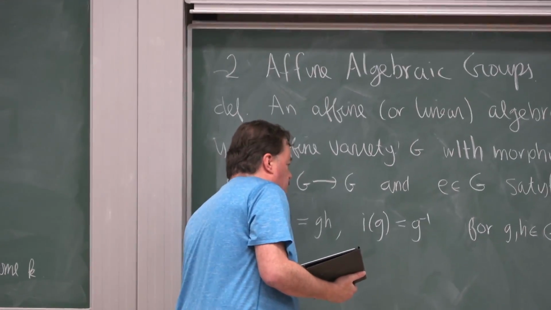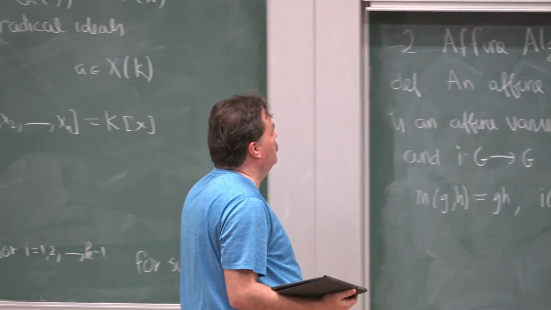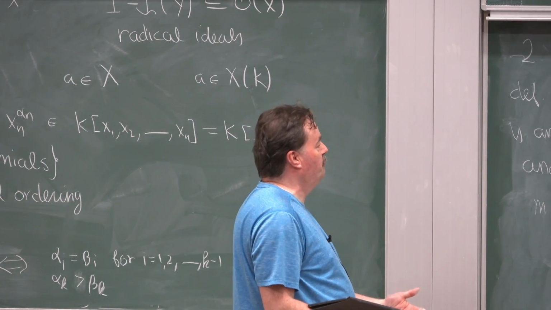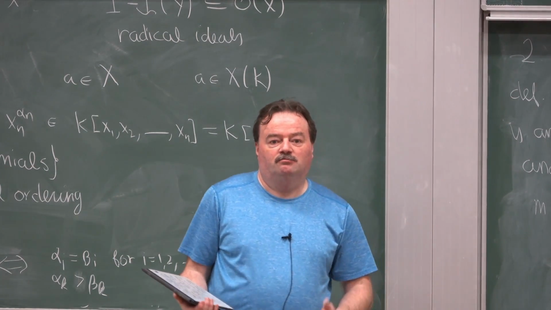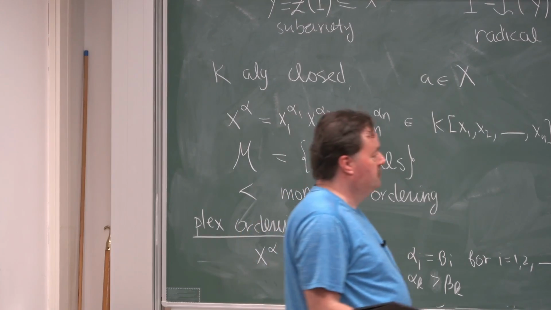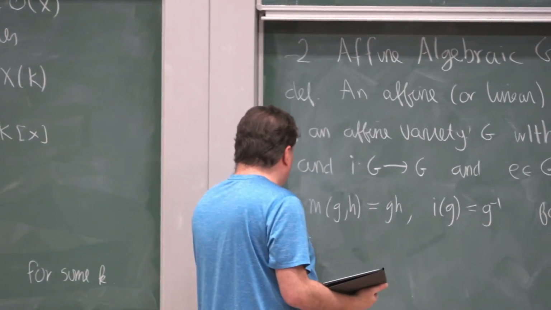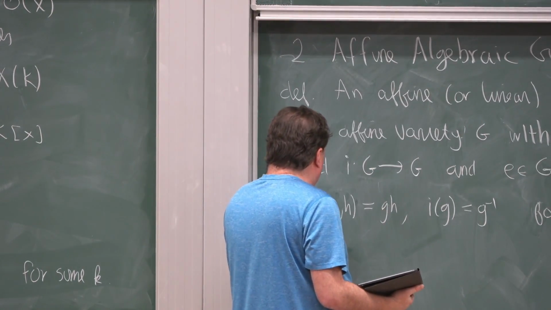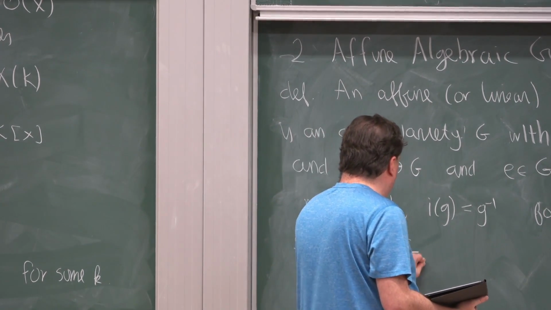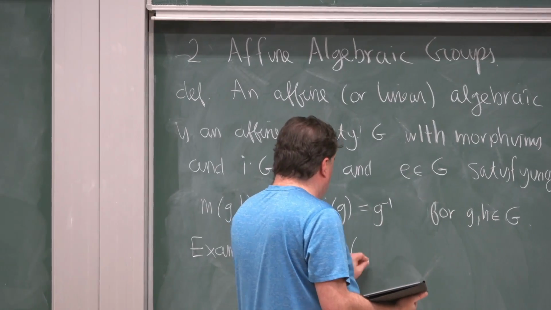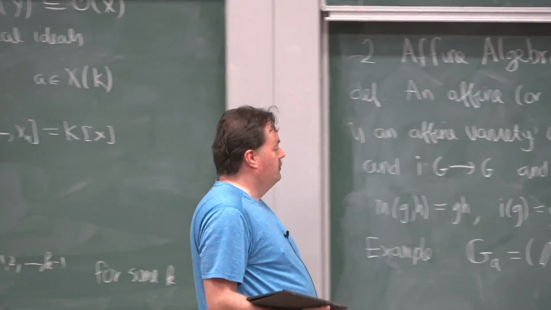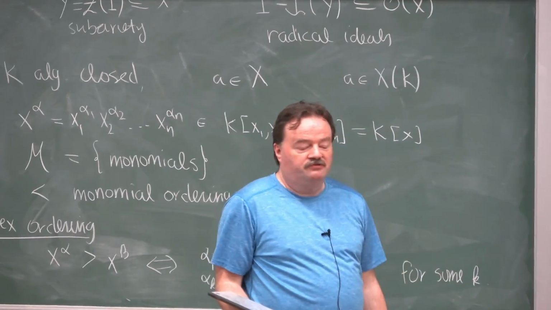So here's some examples. Now the definition of a linear algebraic group is a Zariski closed subgroup of GLN, but it turns out it's equivalent to this definition, but it's not obvious. So one interesting example is the additive group. So this is just A1 with addition, or just, you know, the field K with addition, if K is algebraically